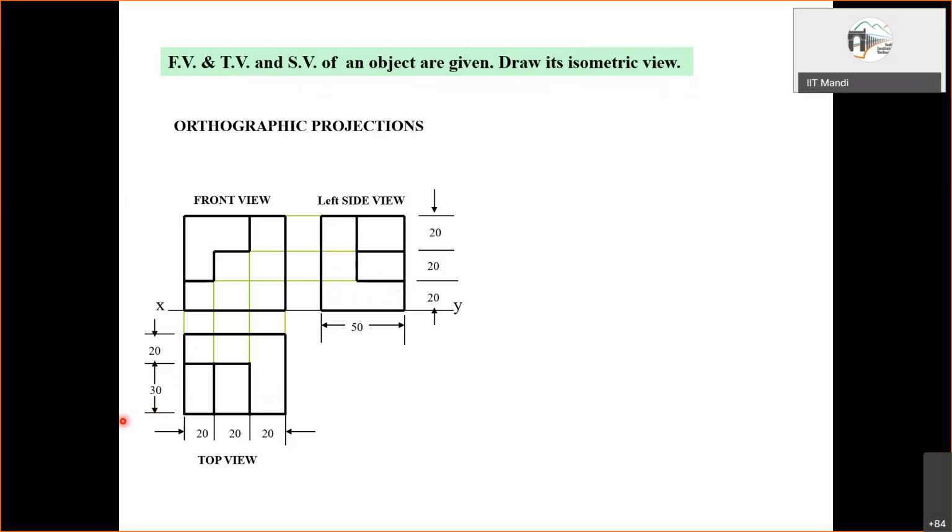Likewise, in the front view, we have this one clean surface. It will be corresponding to this edge. So just like the previous case, we can begin considering this point. This will go along one 30-degree line. This will be the height. Then this edge will go along another 30-degree inclined line.